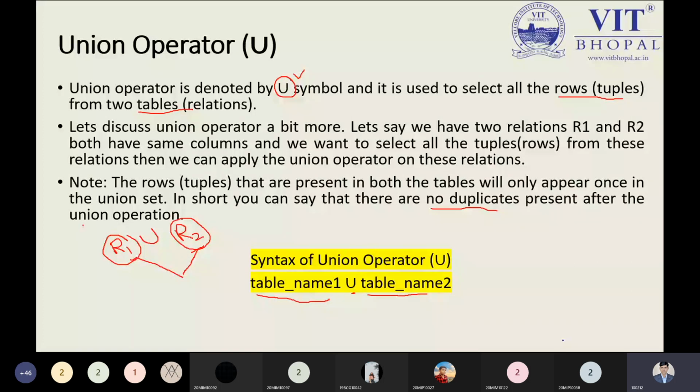Can anyone tell me how the union operator will work and what information we can get by the union operator? Don't think about whether you are speaking right or wrong, just tell me if you have some idea. Basically, sir, the union operator combines the elements of two sets, and if there are duplicate elements, it only displays one element. All distinct elements will be there, and duplicate elements will be displayed once.